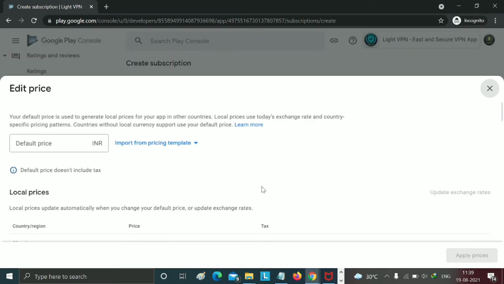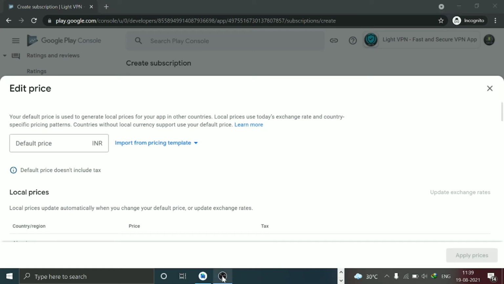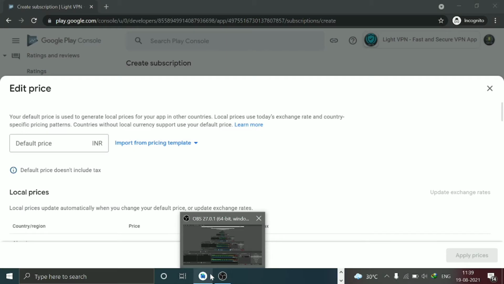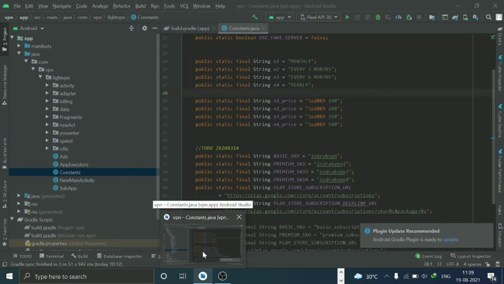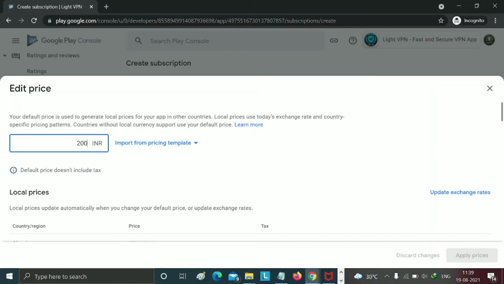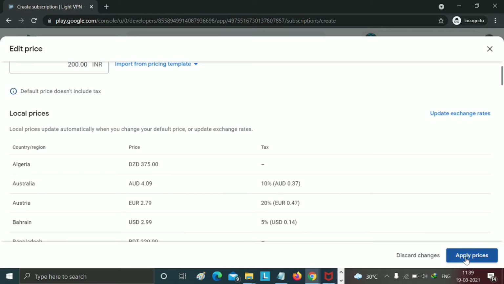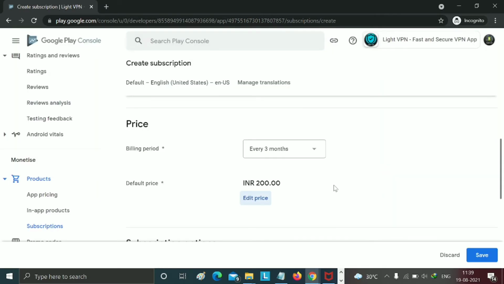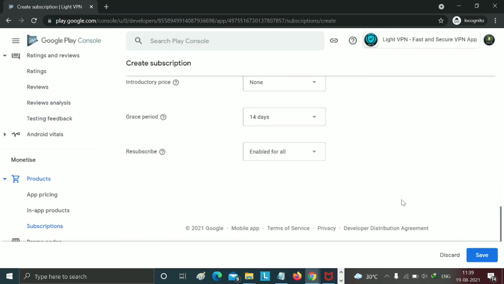Set the prices. You can check also in our Android Studio here. You just need to add the same price in Android Studio and your Play Console. Both need to be the same. Don't change anything. I have added 3 months for 200 rupees.